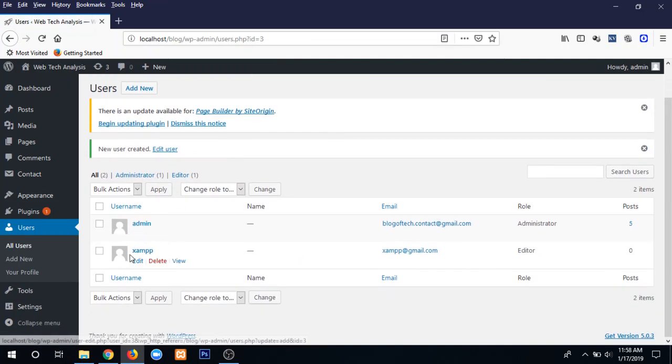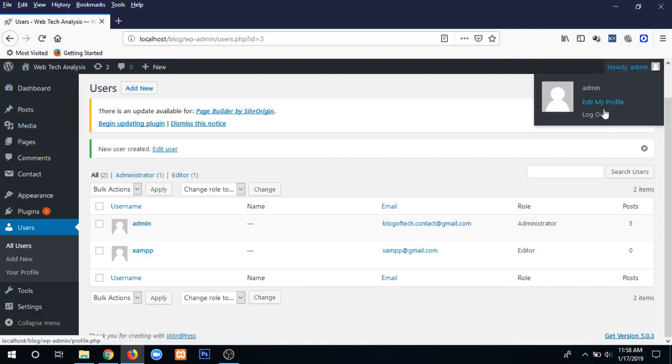Here you can see our new user, Jump. Simply, you can delete it from here. It's Jump's email, and you can see the role is editor. Simply editor. I am showing you the dashboard, posts, media, 1 2 3 4 5 6 7 8 9 10 11 12. In this theme there are 12 page options on the left, but imagine I work as Jump